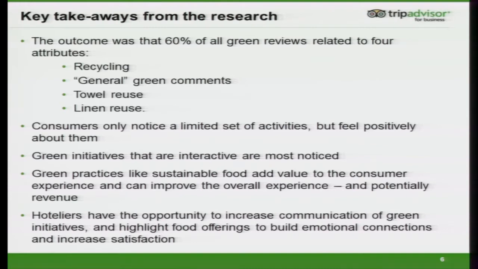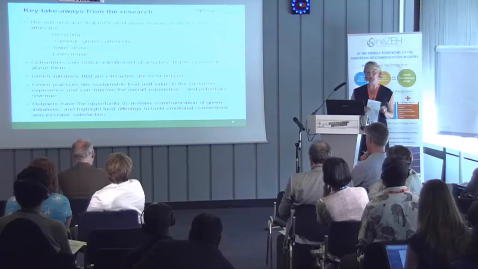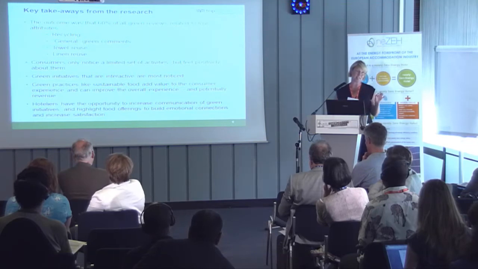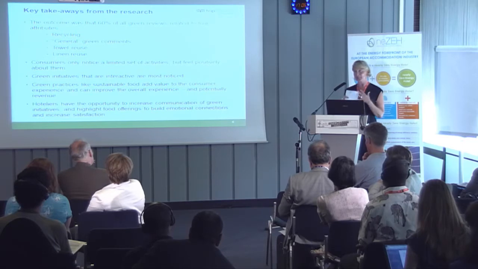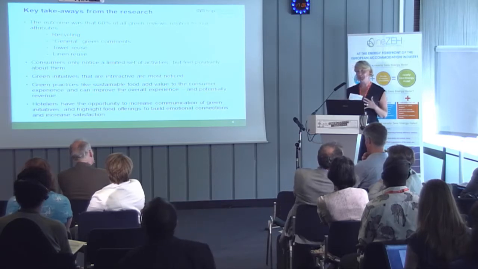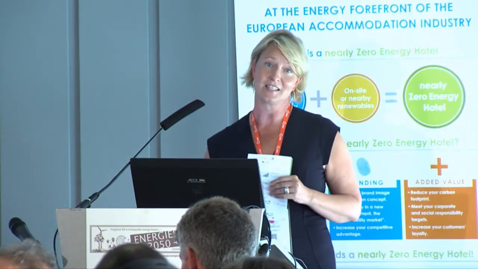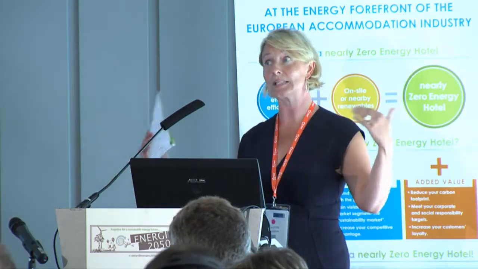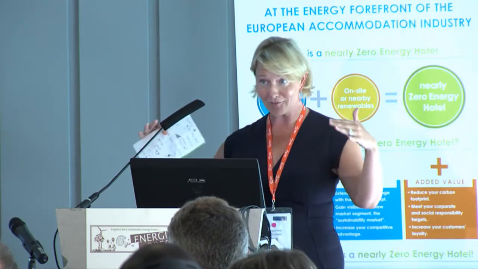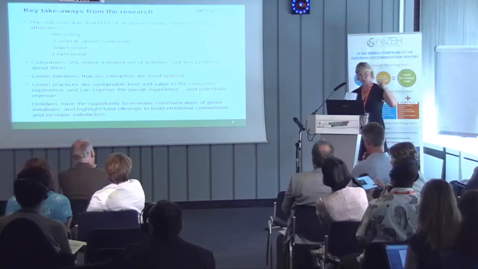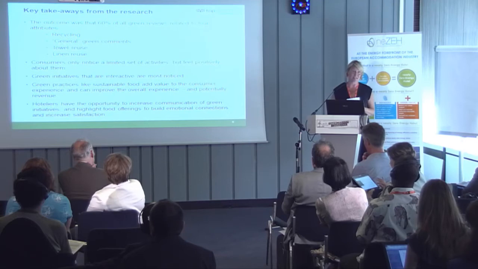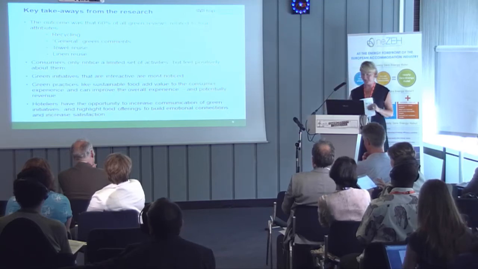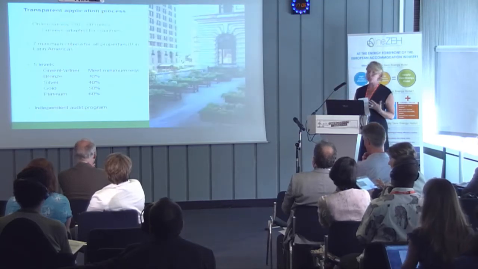One thing that came really clear was sustainable food. If the properties were able to display that the food is locally produced, is sustainably produced food, the properties were immediately getting higher ratings on our site, and our content gets displayed to 500 million people outside of TripAdvisor. So having a higher rating as a property will help you increase your average daily rate, as a Cornell study that I had to throw in. So what do we do?